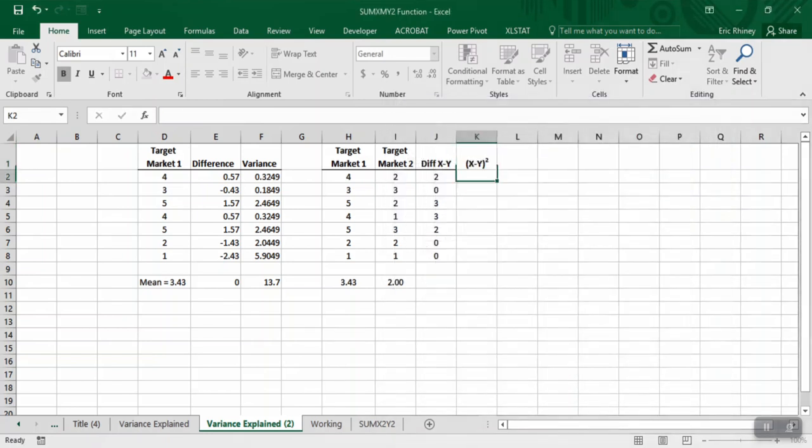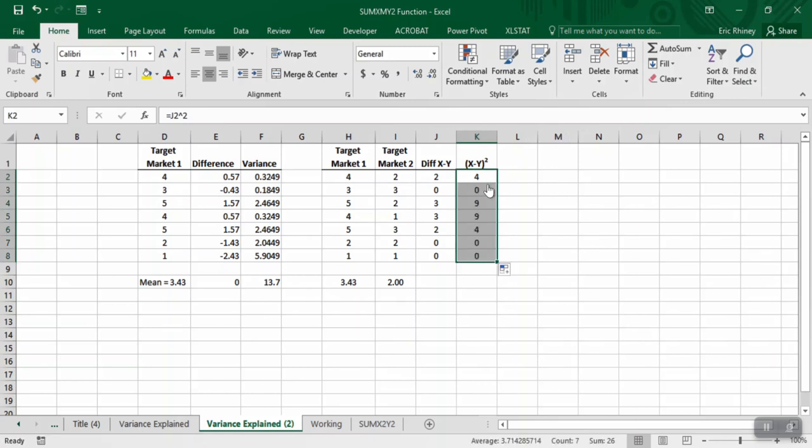All right, so all I'm going to do is equals this, and this, to do the square, you do that little caret symbol that is above the 6 on most keyboards, Shift 6, and I'm going to put a 2 in there. And so we know the square of 2 is 4, and I'm just going to copy this down,